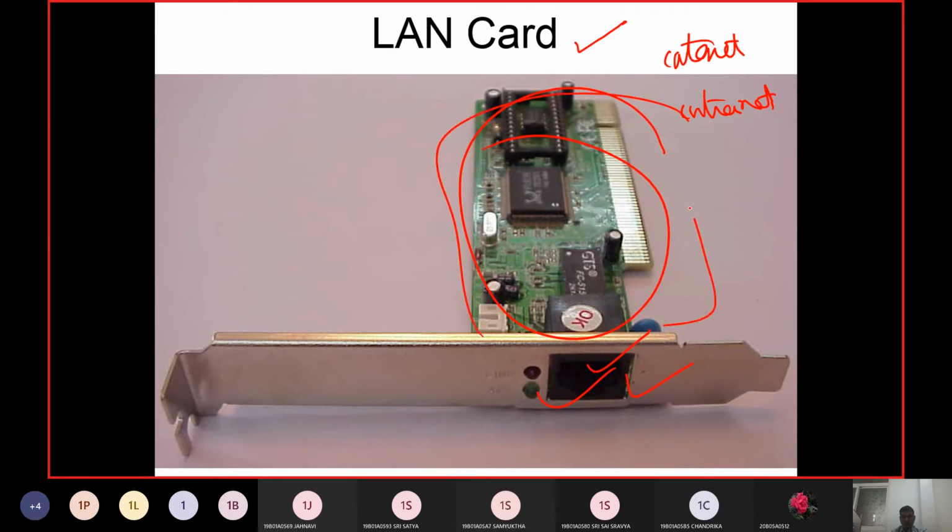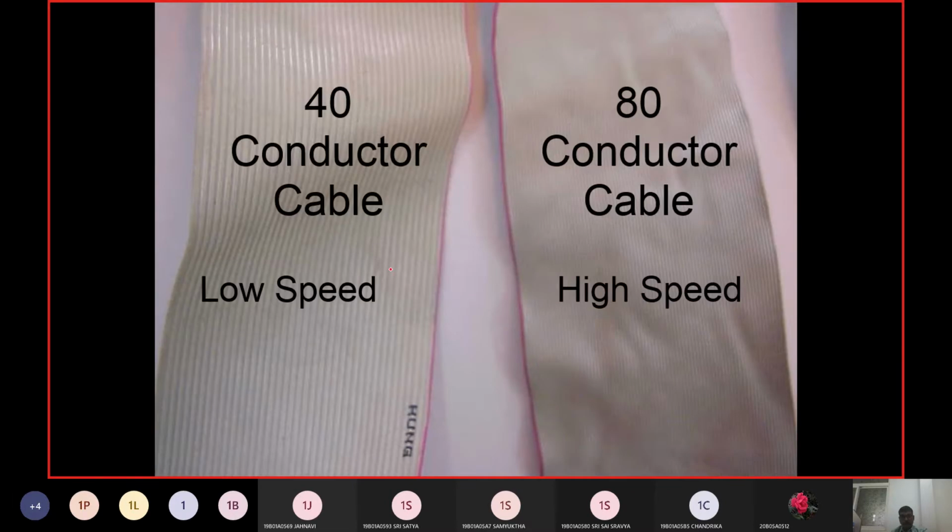Every layer is processed via the chip at this point. These are the different cables which transfer the data. An 80-line cable works better than a 40-line cable, etc.